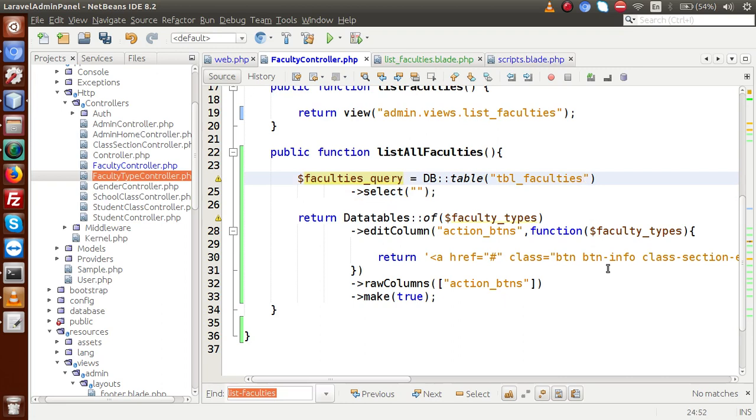If I just give an alias name, let's say faculty. So copy this name, paste it here, faculty dot asterisk. It means that all the data we want to select,